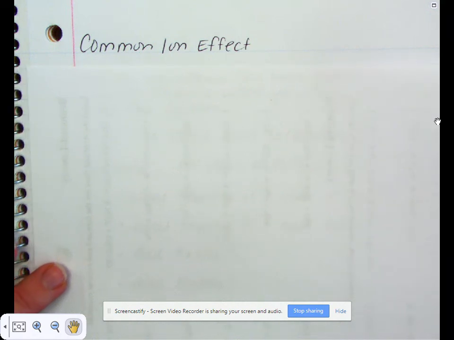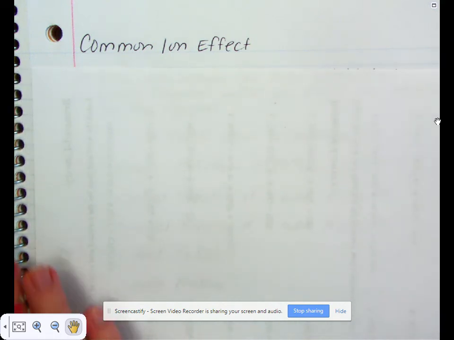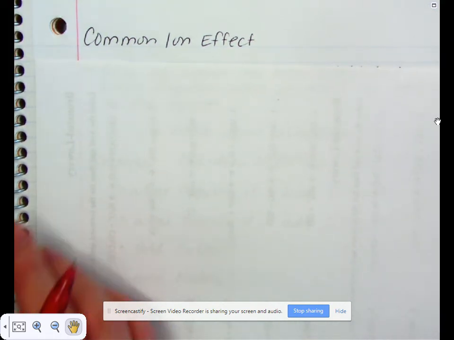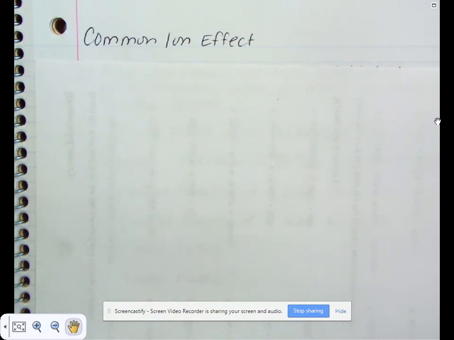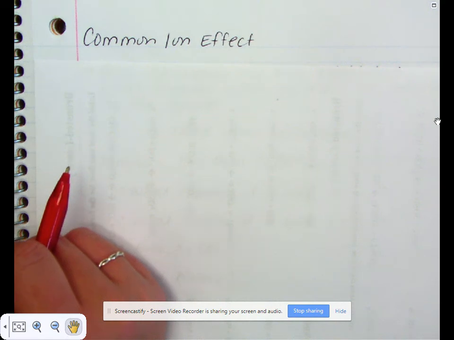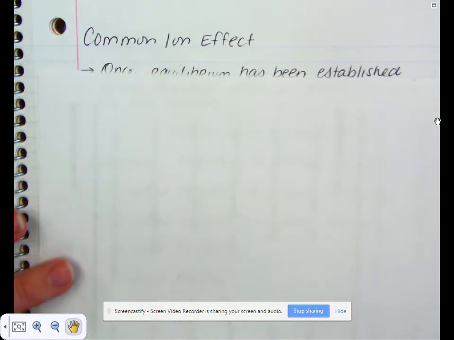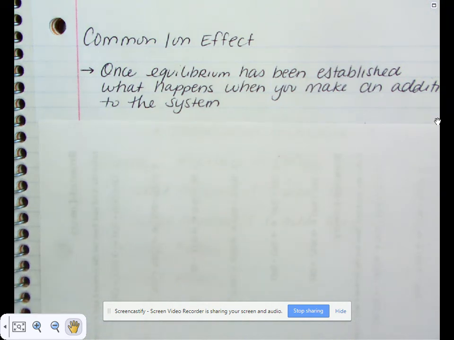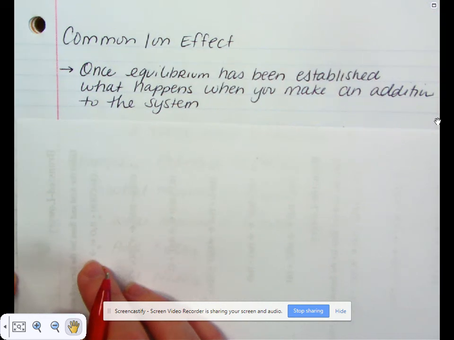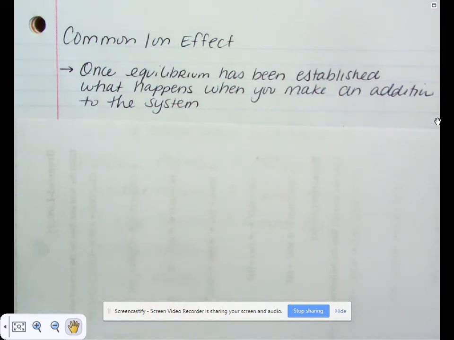Okay, so in this video, we're going to look at the common ion effect. If you got Le Chatelier relatively easy, this is going to be right in your wheelhouse. Common ion effect is very, very similar to Le Chatelier. So when you see common ion, I want you to think Le Chatelier. Once an equilibrium has been established, this is what happens when you make an addition to the system,